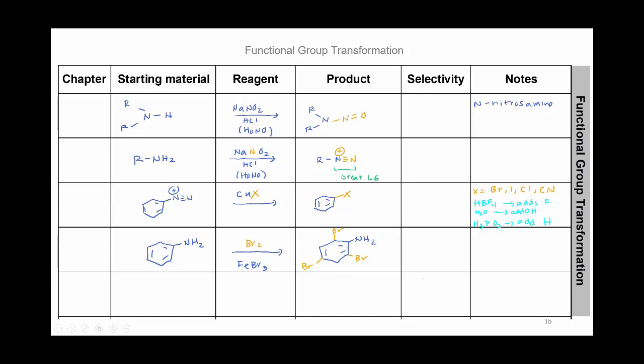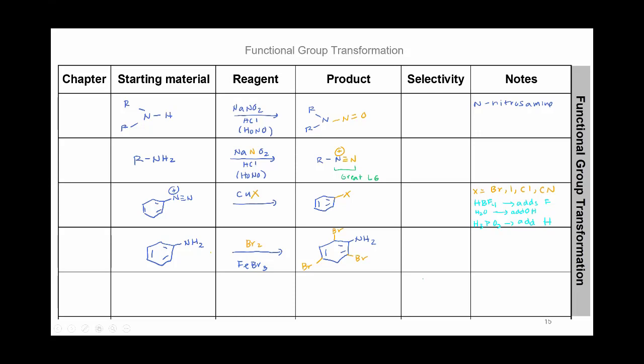So for that bromine reaction, it'll brominate several times over. If you wanted to avoid that overbromination, or if you wanted to do a Friedel-Crafts reaction using aniline, you'd have to acetylate it. So react this with acetic anhydride and make that a C double bond O CH3 coming off of there. So we'll encounter some of those reactions later.